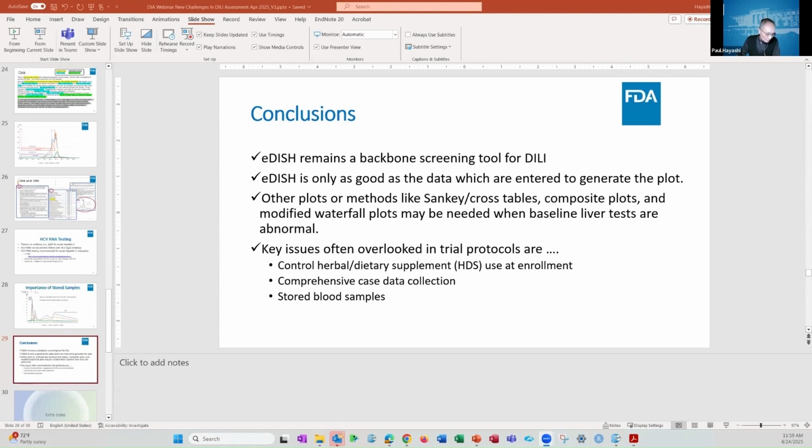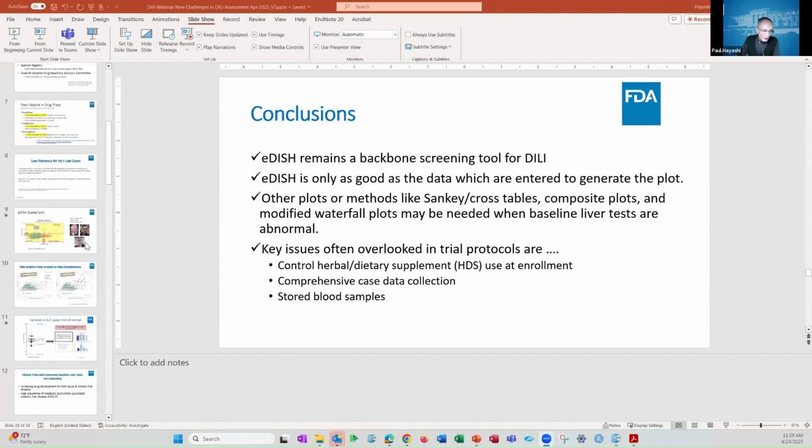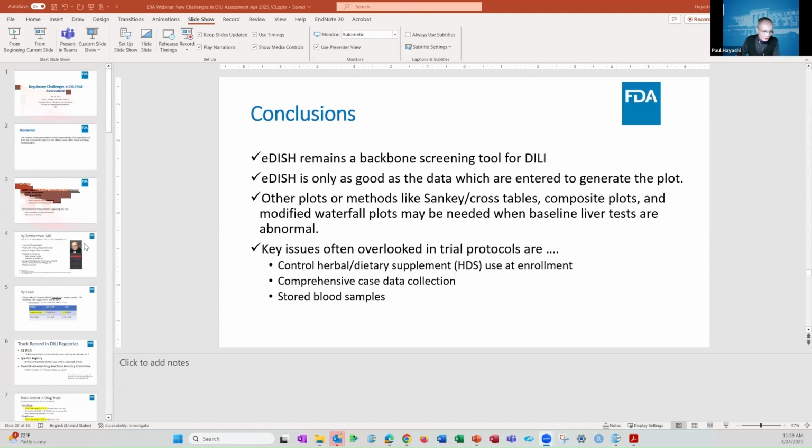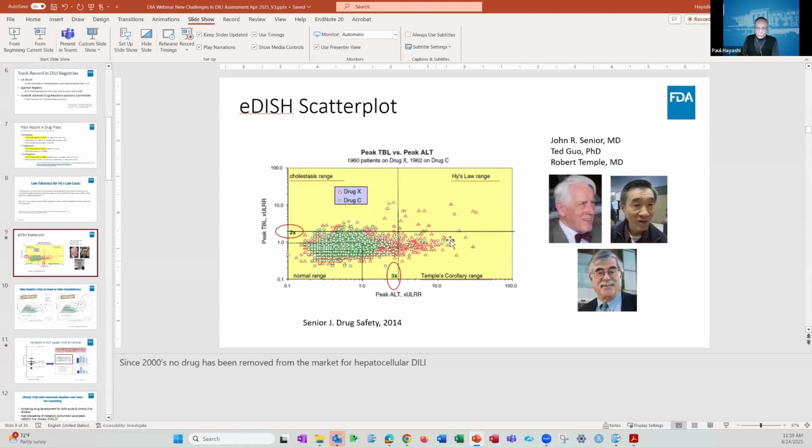What is the optimal window for AST at total? Yeah, I get this question all the time. So in our eDish plots that we make and generate at the agency, let me just show you this one. There have been plots made by both the agency and elsewhere where they have said, well, if it's not within 30 days, we're not going to plot it, because it's probably not related. And I said, stop that.